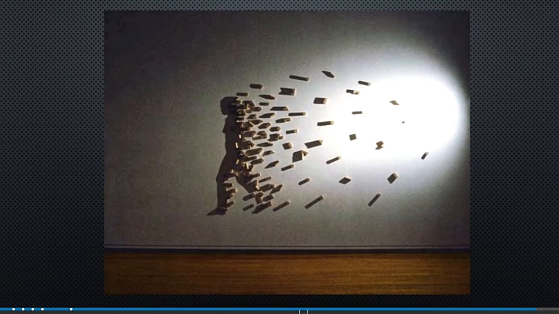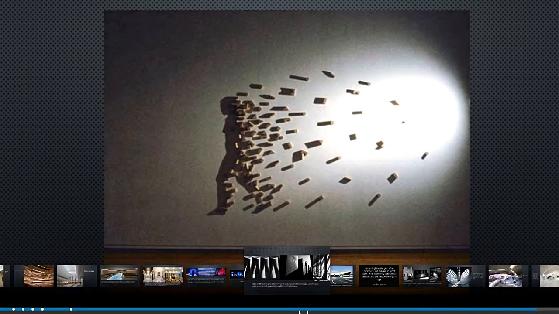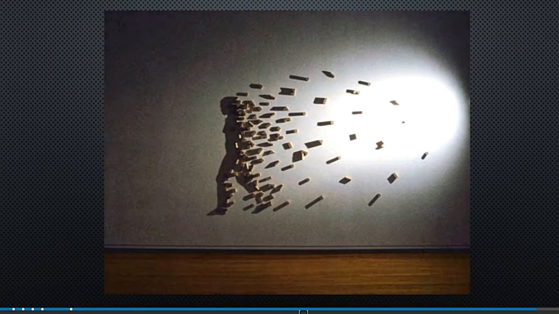Siya ay putol-putol lang ng mga bricks. Dinikit sa dingding, ngunit nag-cast siya ng shadow of a woman. Napakagaling na art niyan. Ngayon lang ako nakakita nito, guys. Dapat appreciate nyo yan at i-apply nyo sa inyong mga interiors. Napakagaling na idea. Pieces of bricks lang, dinikit-dikit sa dingding, tapos nakakreate siya ng figure of a woman, a naked woman. Siguro ay sexy yan, using a source of light here. Magaling, good job.